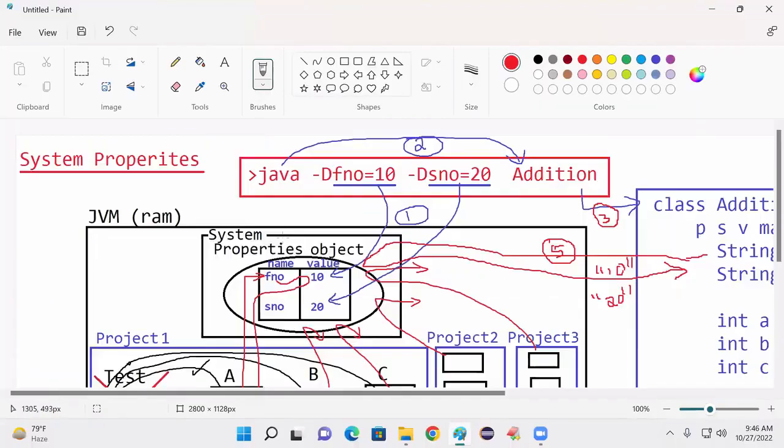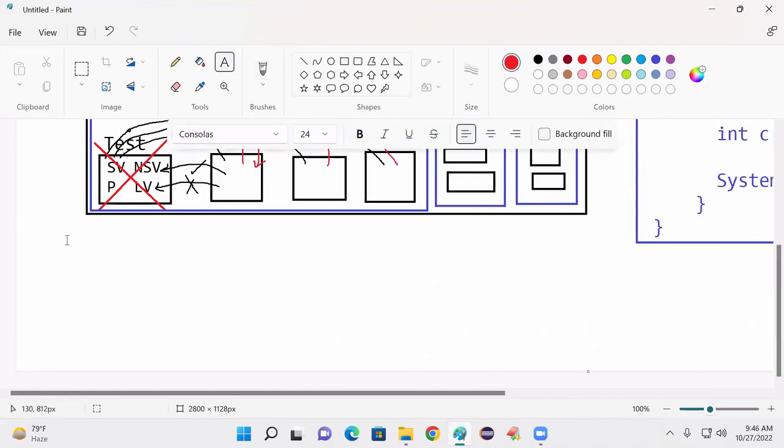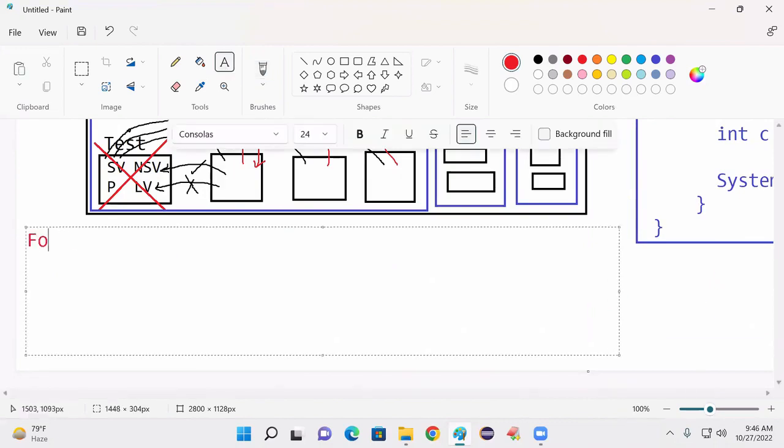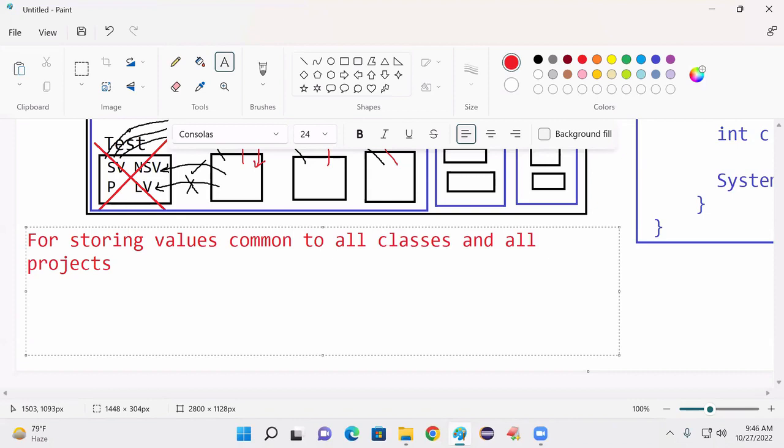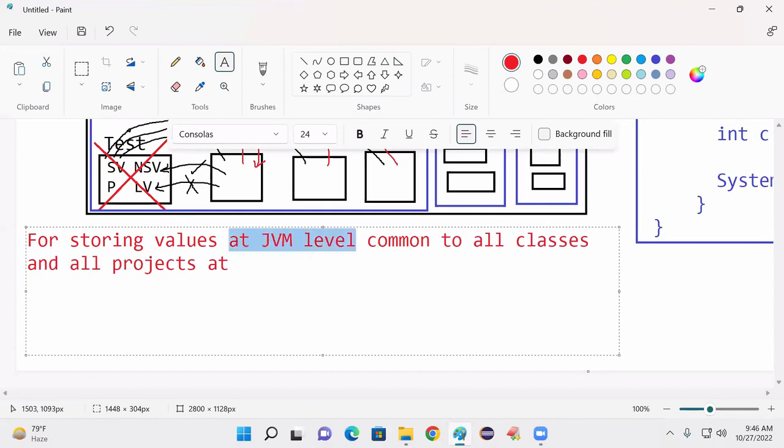Write down small notes points. For storing values common to all classes and all projects, for storing values at JVM level. Write down this one, at JVM level. For storing values at JVM level, common to all classes and all projects running in this JVM,